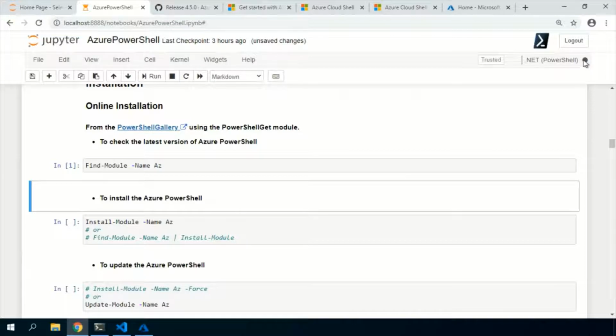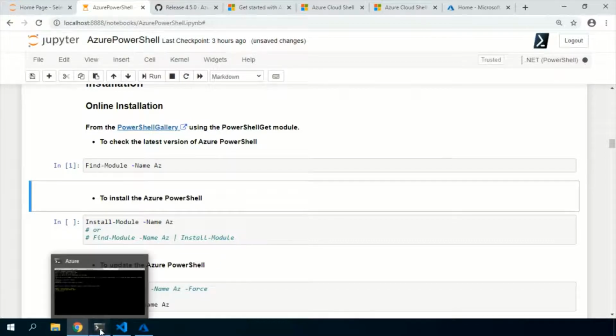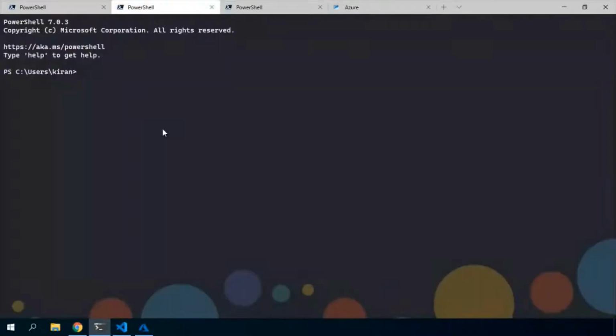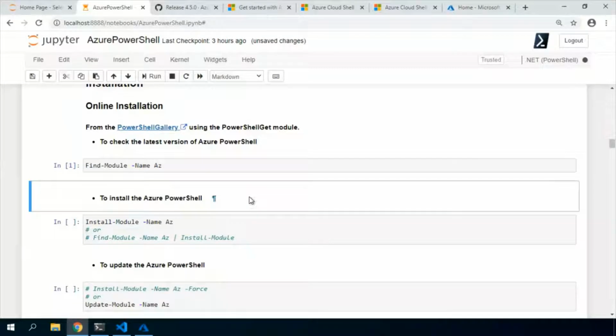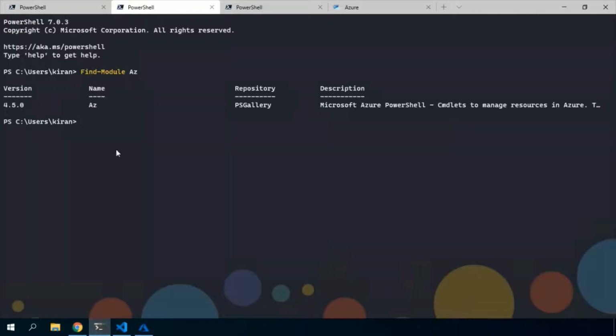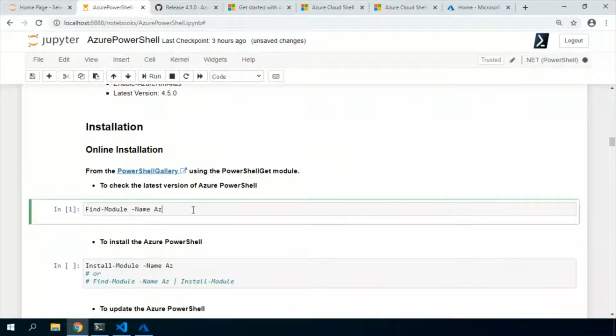When you see a solid circle here, it means it is still running, but it should not take this much time. Find-Module Az. Not sure what is not working here.